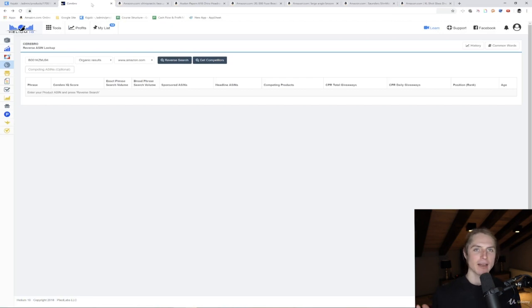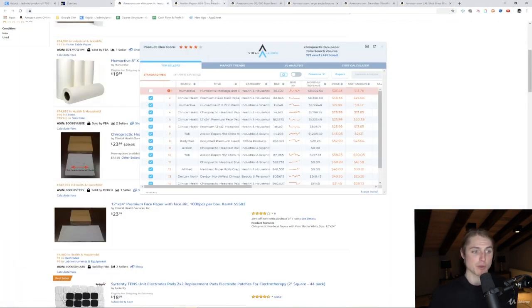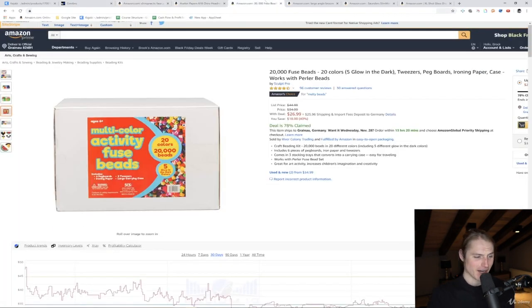So maybe that's just an idea of how you can go about going into these markets. We found some interesting ones here quick. I mean, face paper, I never would have thought of that. A broom, some beads, and these would definitely be places that I would go to dig deeper and use the other methods to see where the keywords are, what the market looks like here. But you're able to find,